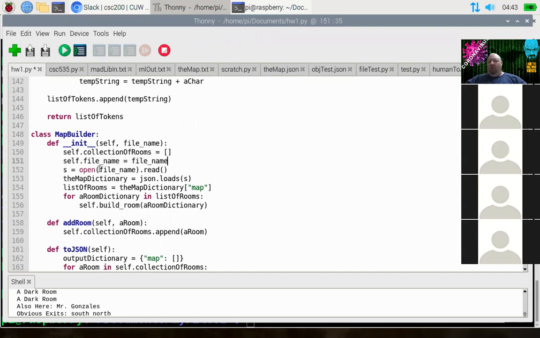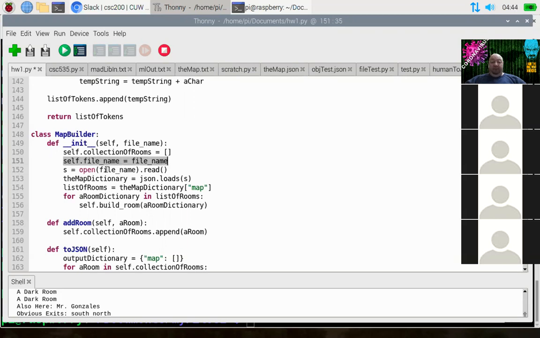Okay, now right here where I'm opening the file, I can say self.filename, or I can just say file name, because variables resolve to their most local definition. So file name right here, its most local definition is right there. So it knows about that variable, but it also happens to know about self.filename because I said it right before this. So I can use either of those two right here. It doesn't matter which I use, but this line right here allows me to have access to that file name